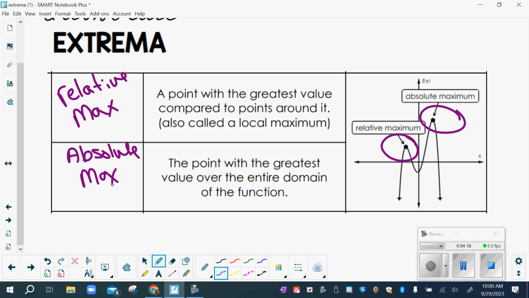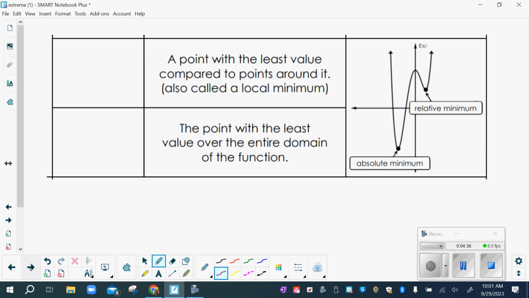Mount Everest would be the absolute maximum, right? Now, here's what happens on this guy. Just like Lucas was saying, that's a minimum, but this graph goes to infinity. That's the true minimum. So this would be, when we talk about it on the next slide, a relative minimum, right? It's a pretty good minimum, but not the lowest, right? So we can do the same things with minimum values. We can have a relative minimum.